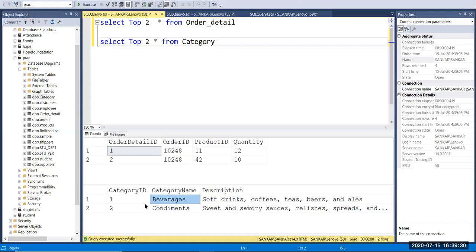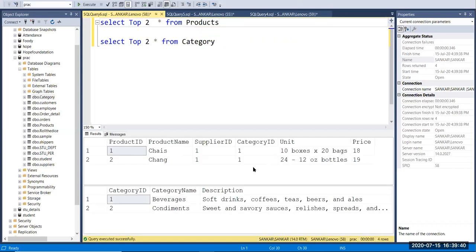So the category ID means that. If you look in your product table, you can see the category ID here, so you can also find your category by using your product table.